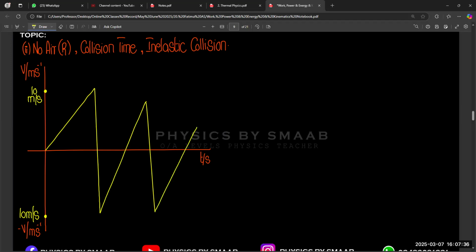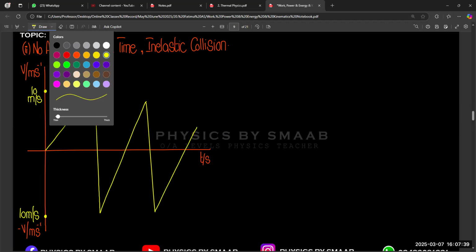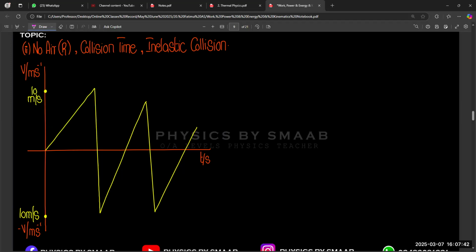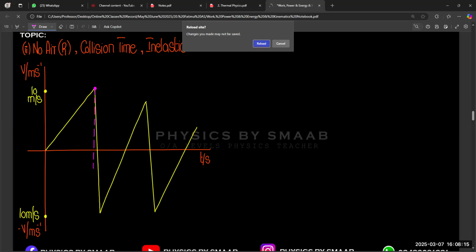And if we compare the collision time, how to represent the collision time? Basically, if we draw a straight line from this point, you can see there is a gap between the straight line and the original line. The original line is at a slightly different position, but the straight vertical line is in a different direction. So it means there is a delay time given in this graphical representation. So this represents the collision time. And the same from the other side also.